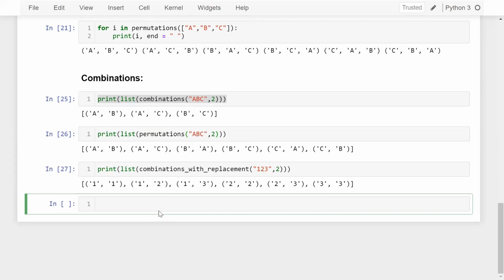Okay. So guys, now I am moving to list comprehension, and we will use combination and permutation. Let's say I am taking a list which is 1, 2, 3, 4, 5, 6.